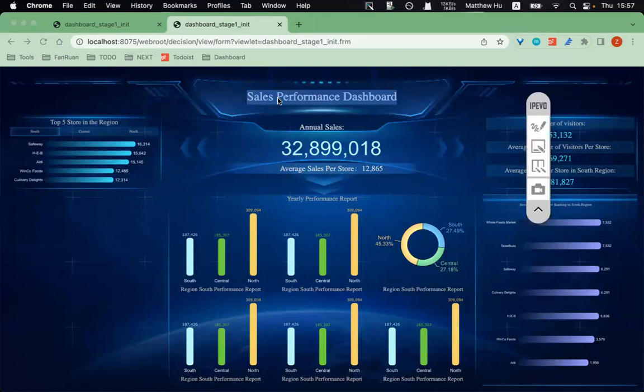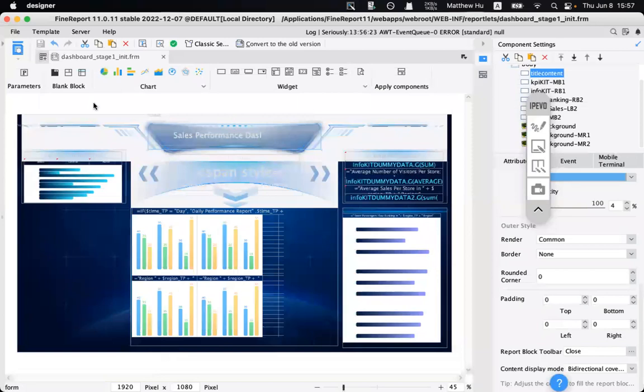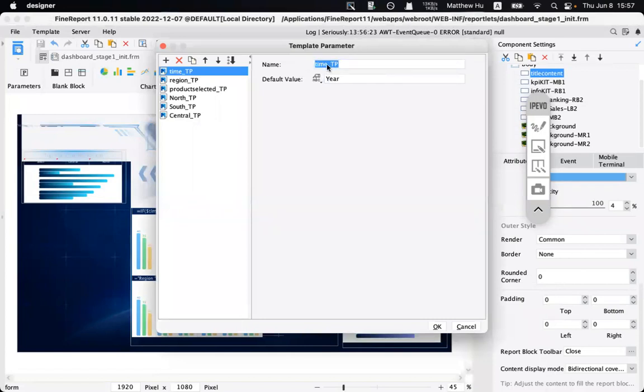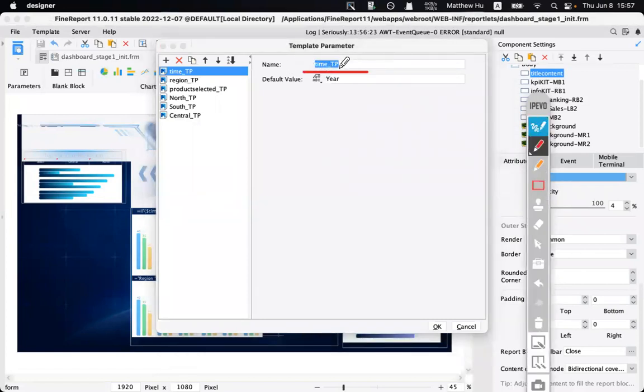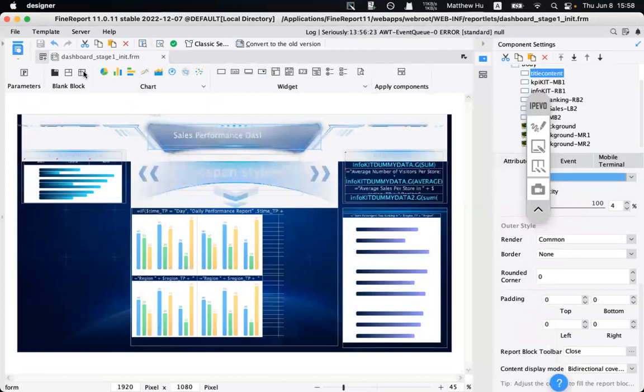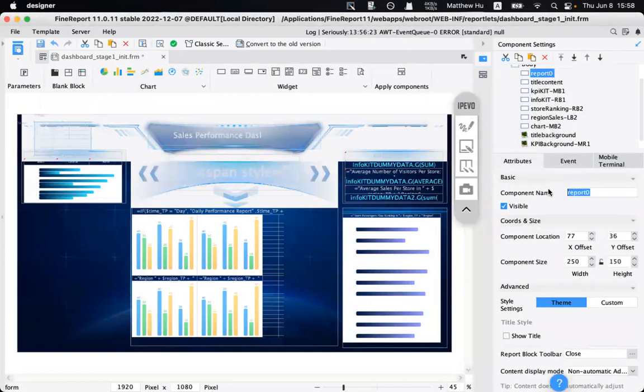So the first part is done, and let's move on to the second part about the timestamp. Before we do it, I want to show you there's a thing called template parameters, and there's a variable called time TP. So this is connected to the timestamp. We will see a different one called product select TP, but that connects a drop-down widget in a different way, and we will see this later. Okay, we're gonna do exactly the same thing, drag and drop this report block,